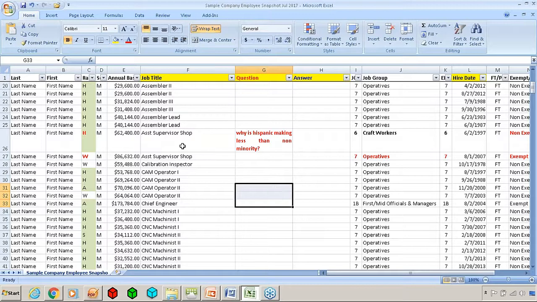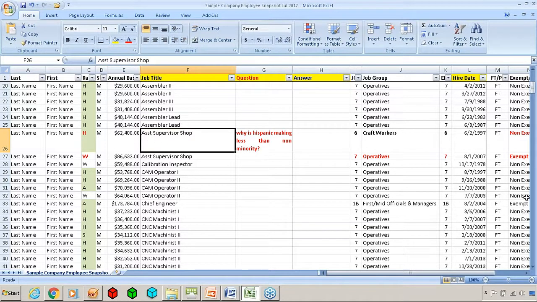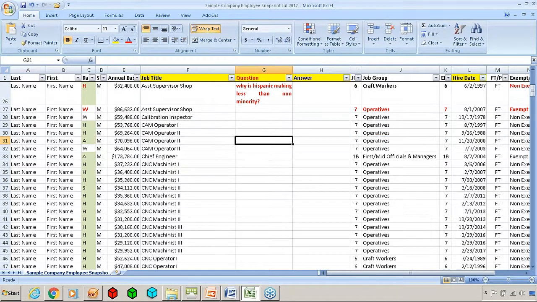Now you may know right off the cuff, you may know immediately that this individual was hired, but then they left and they were rehired and they came back. In that case, you would need a job date in here. So you would need to be able to prove that with paperwork to the OFCCP. So maybe this person is actually not an assistant shop supervisor. Maybe they're the shop supervisor or even the manager, and the job title was not changed. But there's some reason for this discrepancy. This is what we're asking you to do in your self-audit.